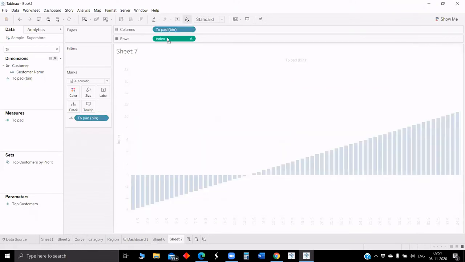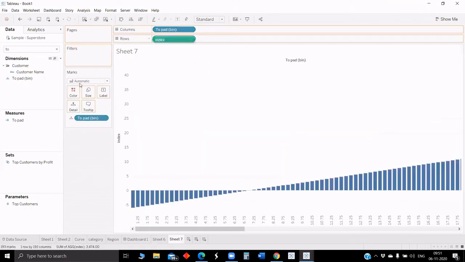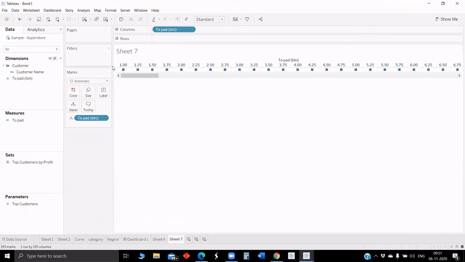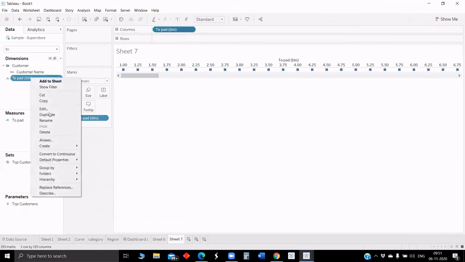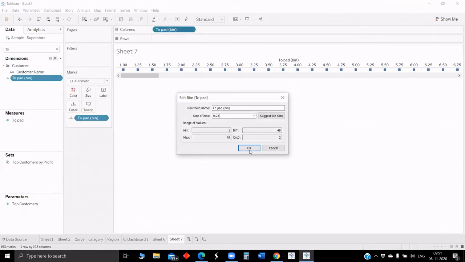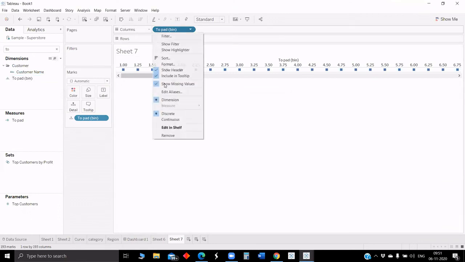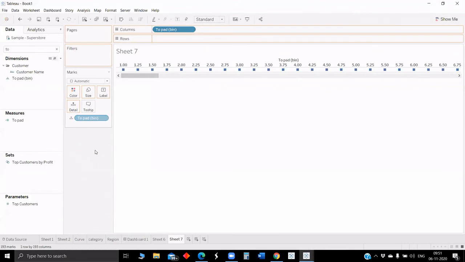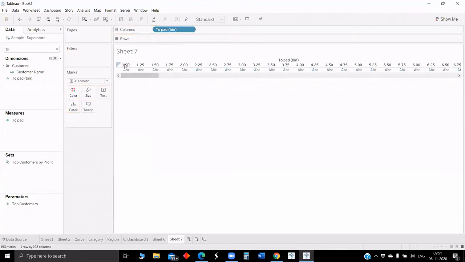So this is the two pad bins whichever we made, and this is the index. The two pad bins currently are making it 0.5, and we will just give show missing values. Okay, it's already good. The size of the bin, earlier it was 1 only. Now it's more granular, like 1, 1.25, all those.